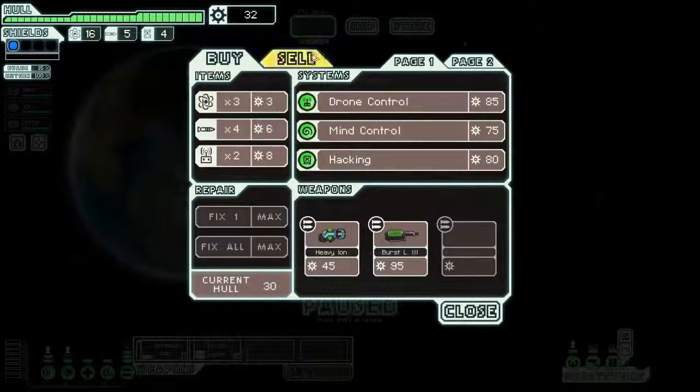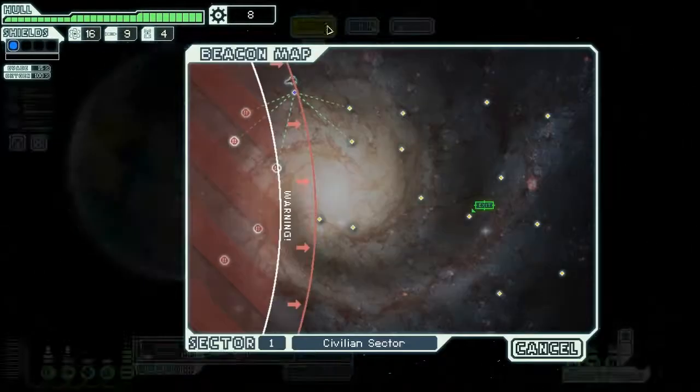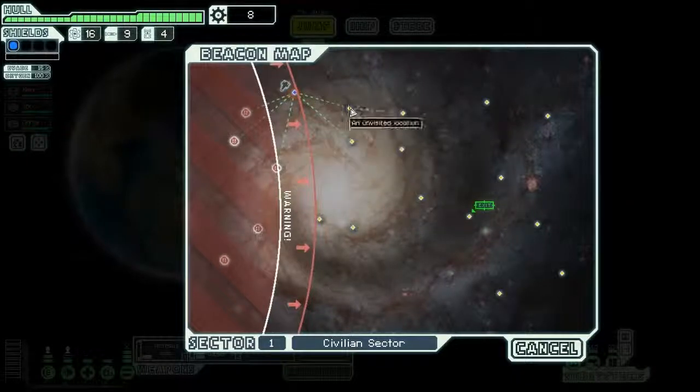Okay. Well, let's buy some missiles, because I'm at 5. And then we'll just leave for now. I don't think there's anything else here worth buying. So let's go ahead and jump. Alright, so let's jump to...